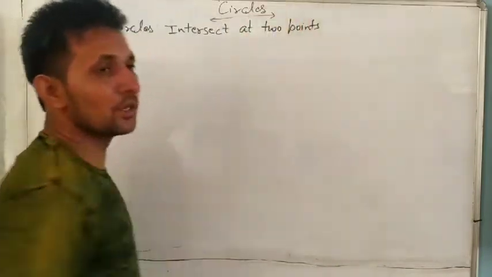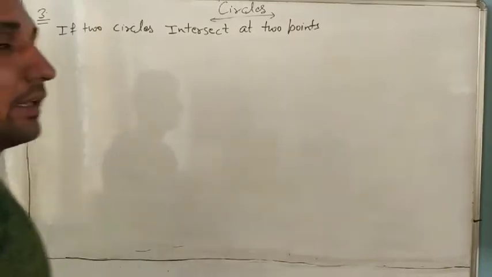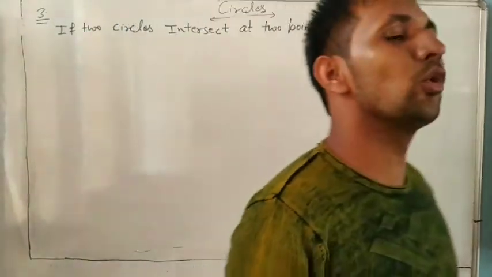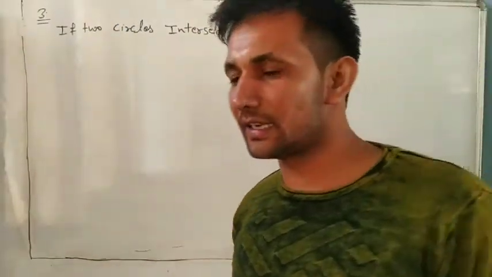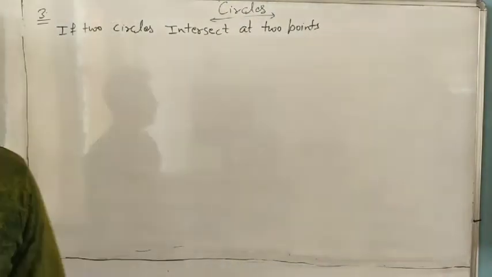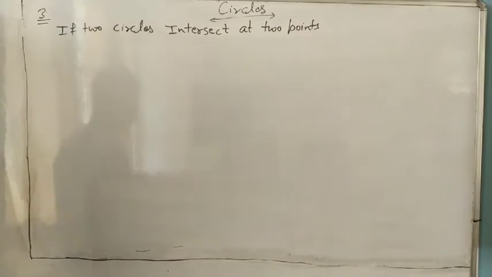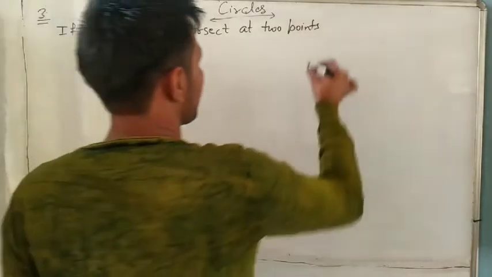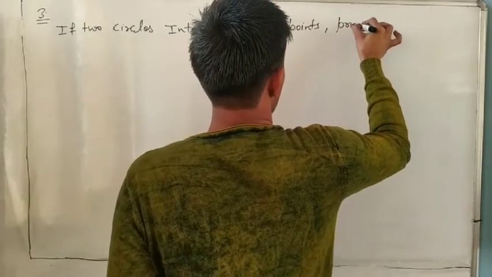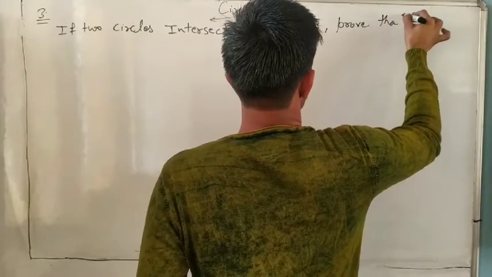Five minutes ago we already learned, maybe two circles intersect at 2 points, maybe they never cut each other, maybe they touch each other at 1 point. If two circles intersect at 2 points, then prove that